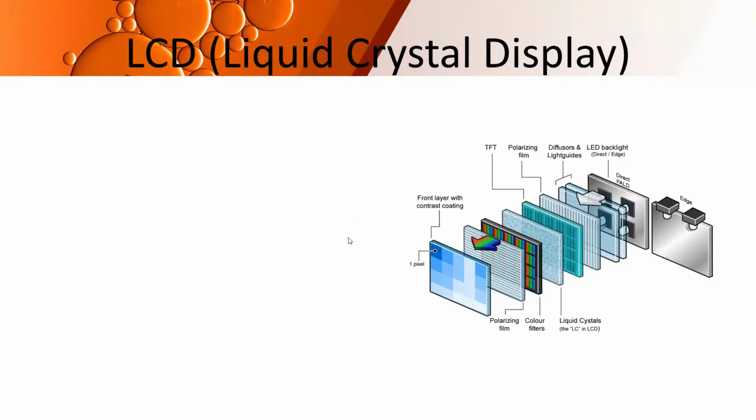So we move on to the next one, that is LCD, liquid crystal displays. Now LCDs are a significant improvement from CRT because it takes up very less space. You might have seen LCD monitors hung up on the walls. They take up less space, they are energy efficient, they consume less electricity as compared to CRT monitors, and they use an entirely different technology, that is liquid crystals. So we'll go into the details of what is liquid crystal display.